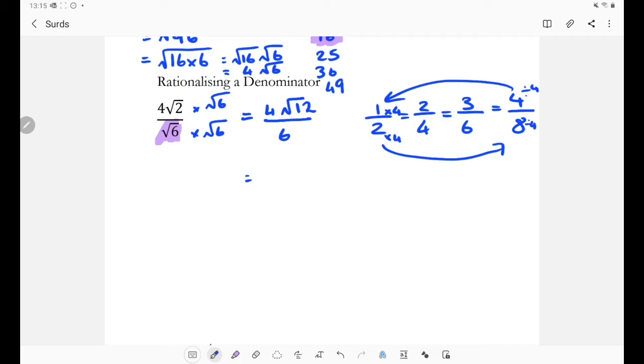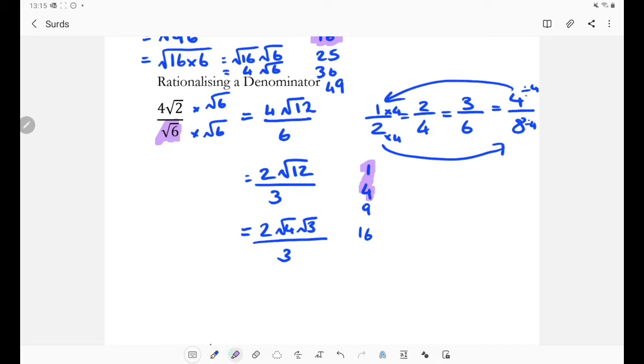You have choices. You can either simplify the fraction or you can simplify the surd, and it is entirely your choice. I would go for the fraction first in this case, but I'll get the same answer either way. Simplifying the surd, while we do our list, 1, 4, 9, 16, it can only be 1 and 4. So 4 fits in, we're going to have root 4, root 3, all over 3. Square root of 4, 2,